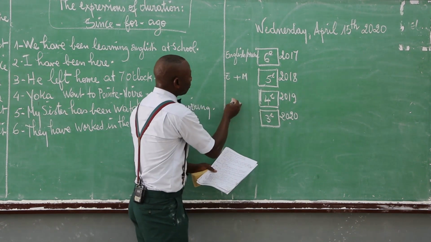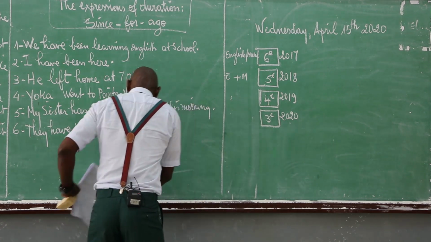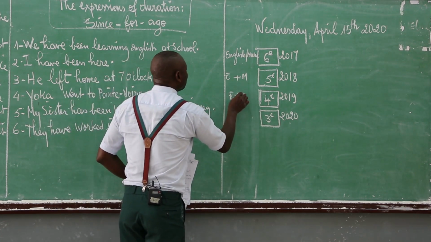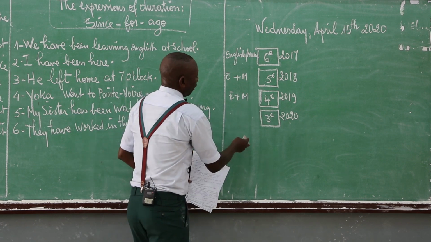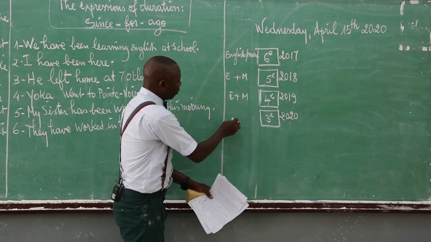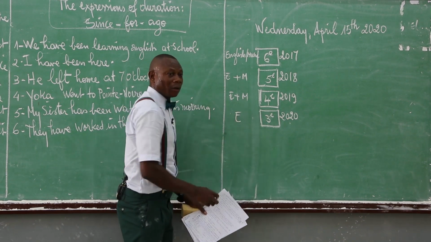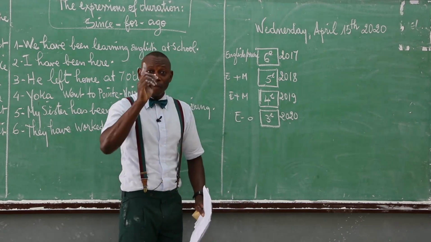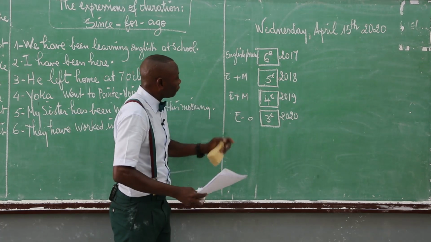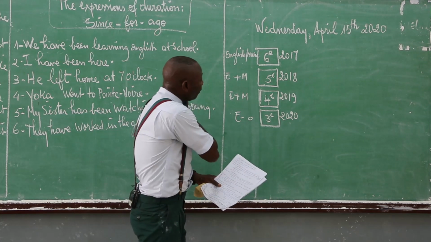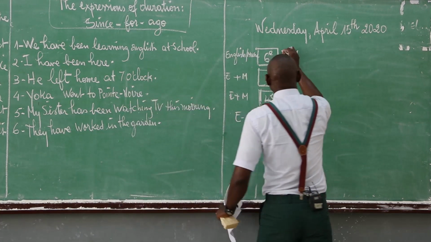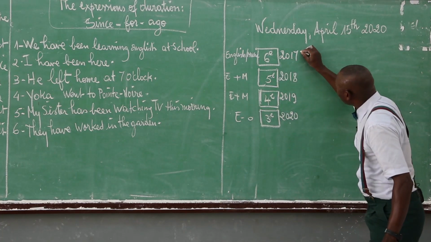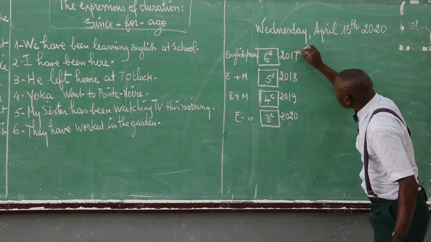Here too, English plus music. And then in troisième, you have English, but you haven't music, okay? Here, no music. You have just English. Okay, so before introducing it, let's count here from 2017